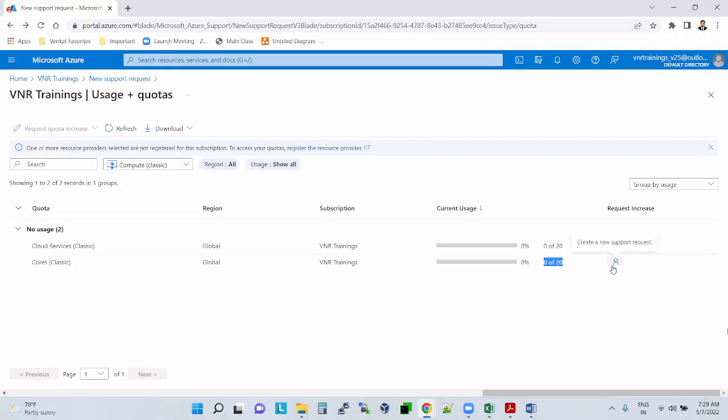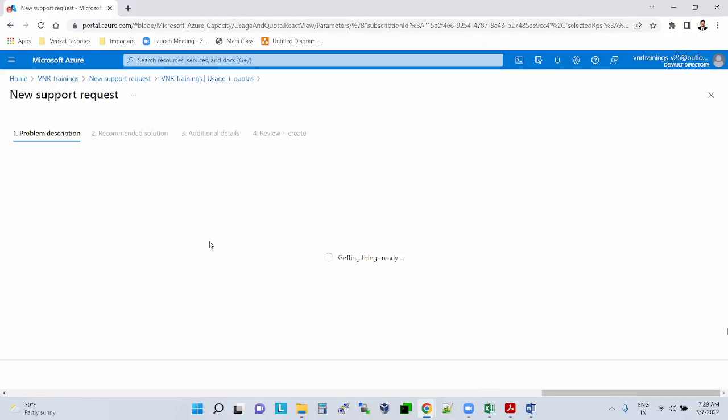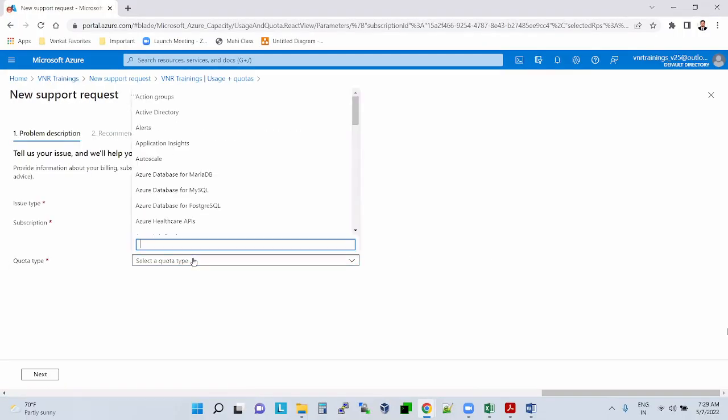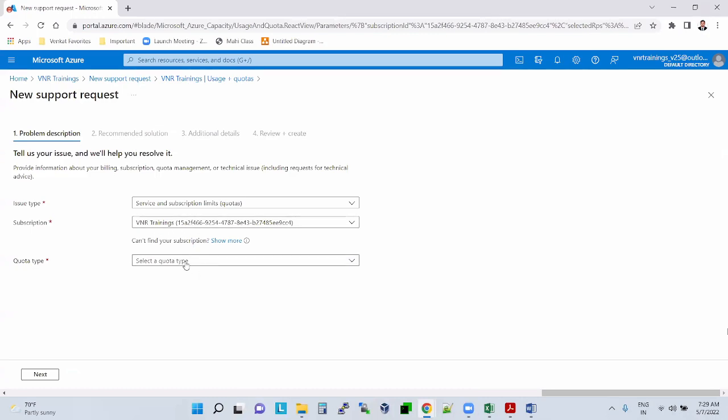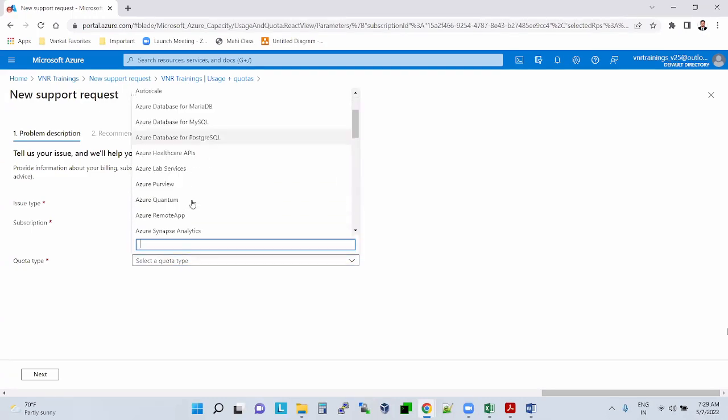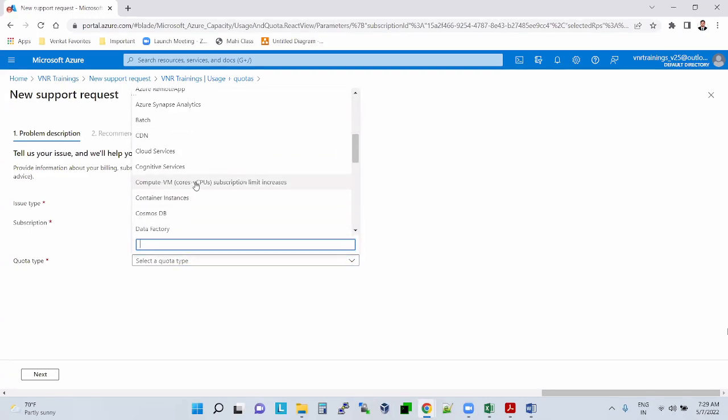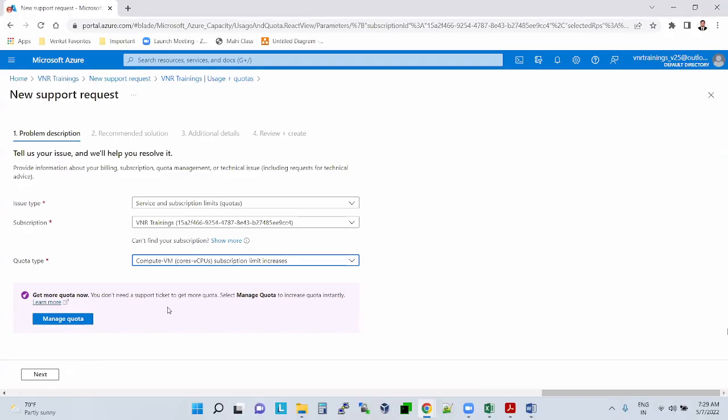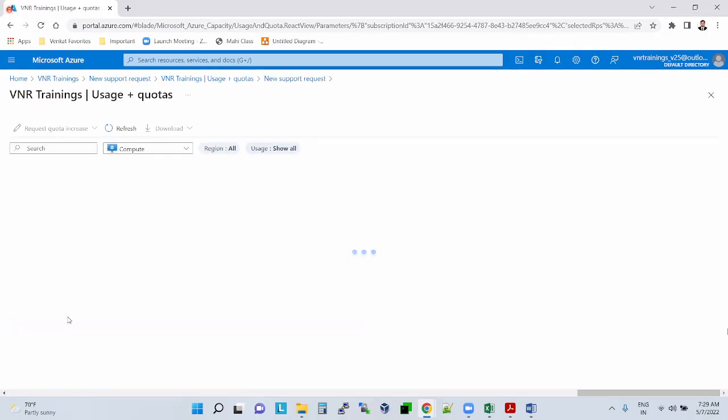So you have 20 cores they have given. You don't need support quota, select manage quota, you can take this quota instantly. But if I click on manage quota, it's not working.